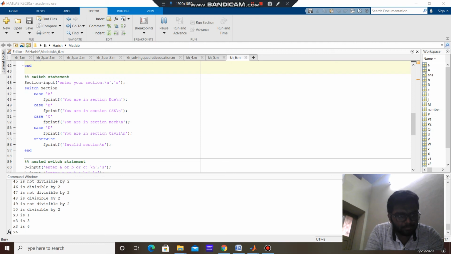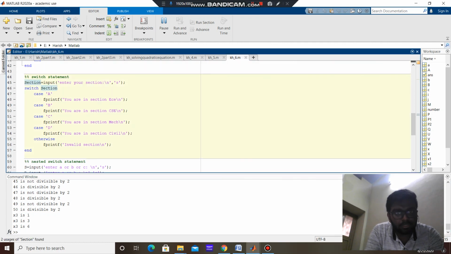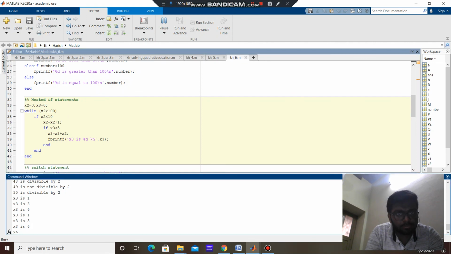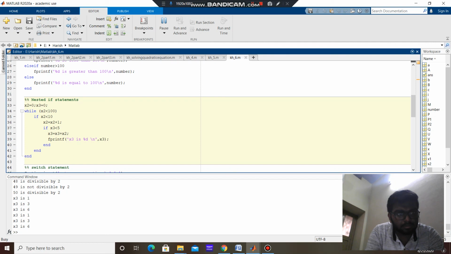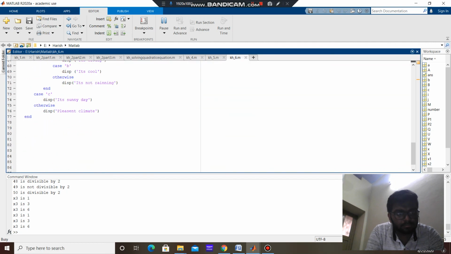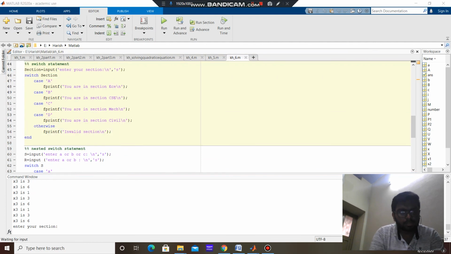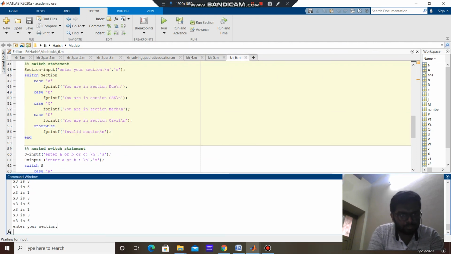And here, if you run this section, it's asking the user to enter the section. If I enter the section, it executes this case and prints you are in section